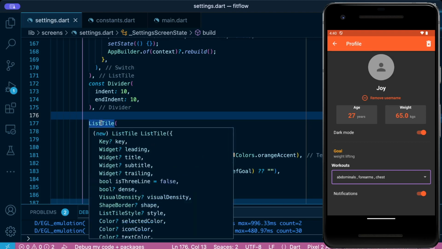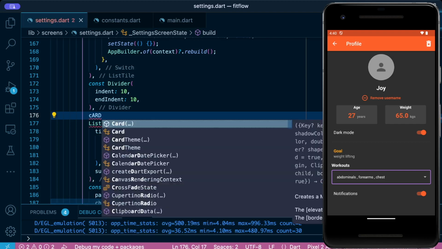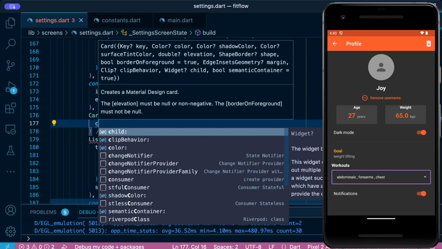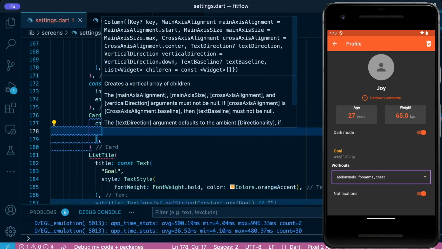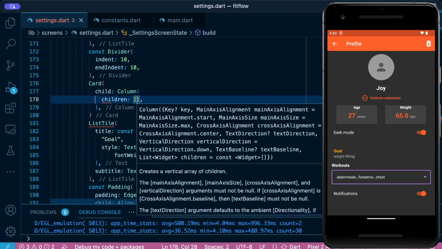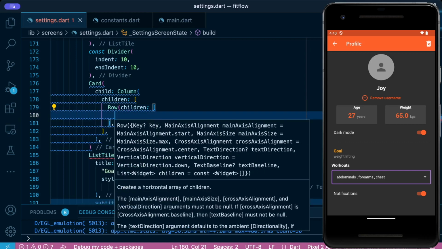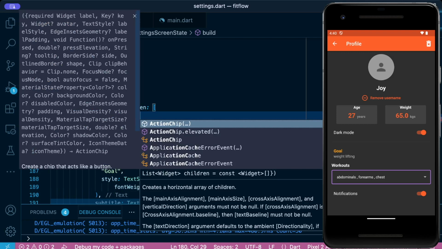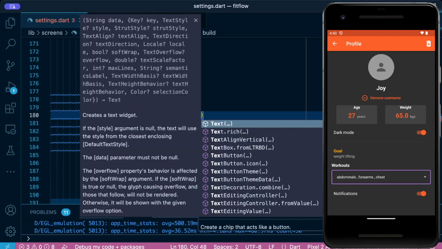So what we'll do is we'll just define a card, and then we're going to give it the child will be a column, and then we're going to have children, and there we'll have a row that will have children, and then we just have an action chip, and our label will be a text widget that says pro,